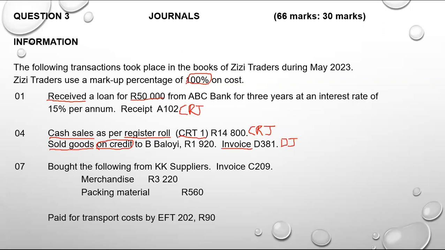An invoice is a source document that you issue when you sell goods on credit or that you receive when you buy goods on credit. So whenever you see an invoice, it either goes to the DJ or it goes to the CJ. It goes to the DJ if we are the ones issuing, because it means we sold on credit. But here they didn't say issue, but the fact that they said we sold on credit, we know that this invoice was for credit sales. You got it? Now in the DJ,